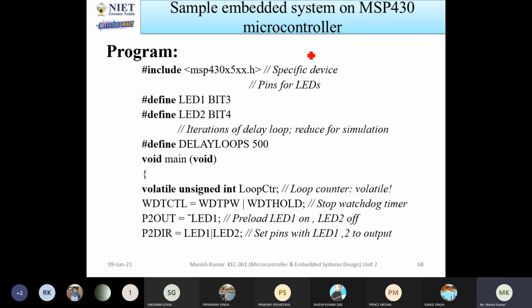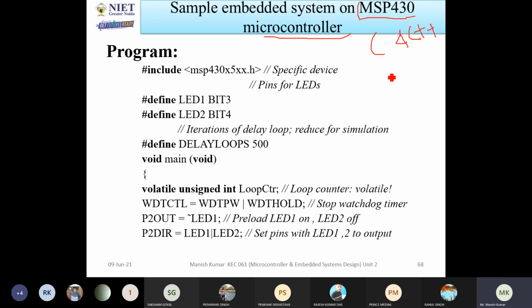For writing the programs, first of all, we are going to write the programs for the MSP430 microcontroller. This is very familiar with the C and C++ language. This is the program side. If you want to write programs, you have to write in C or C++.